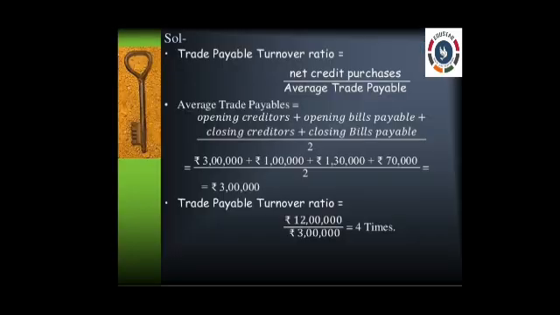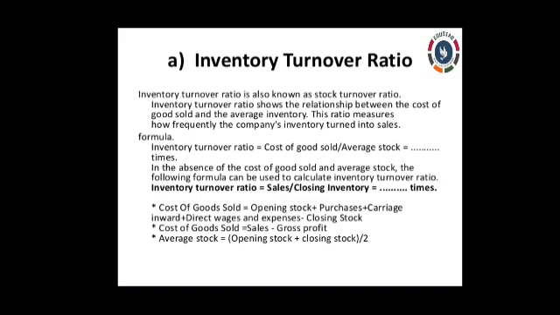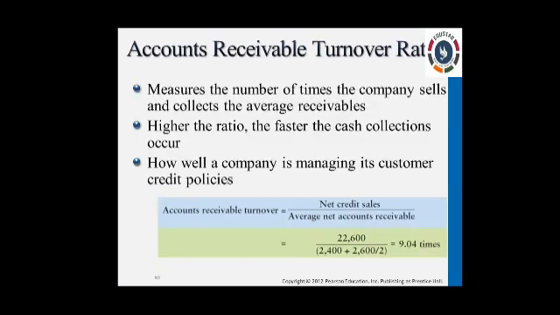So, a small recap about this video. We have seen the inventory turnover ratio, which means the stock turnover ratio. It finds the relationship between cost of goods sold and average inventory. And then the account receivable turnover ratio: we have given some goods to another company on a credit basis, so we have to collect that credit amount. For that purpose we use the account receivable turnover ratio: net credit sales divided by average net account receivables.